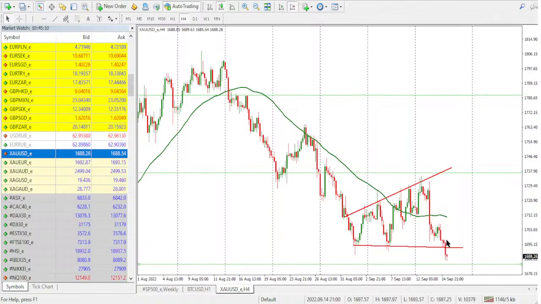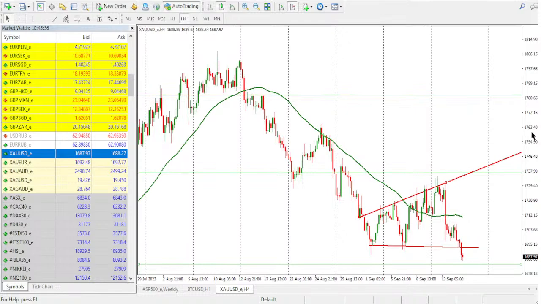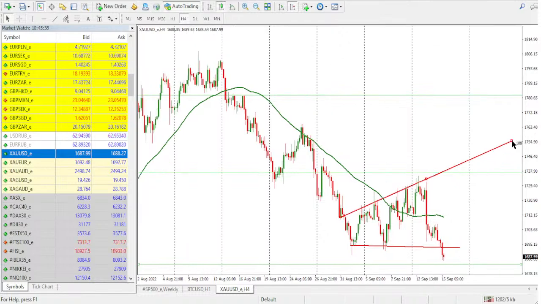In case the price pulls back up and ends up above this trend line, then that will give us a good place to look for a buy position. We are expecting the buyers to push price upwards back towards the upper trend. If the price ends up above that line and continues to sustain itself above it, then we're going to expect it to continue upwards up to this line here. So my next chart